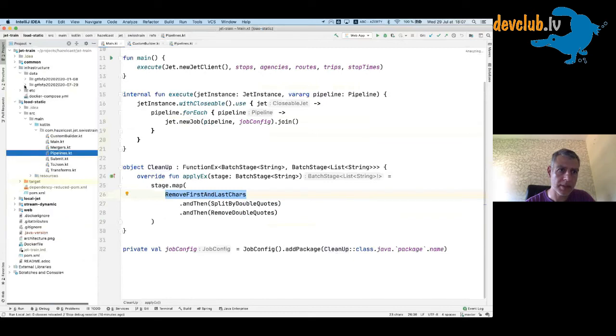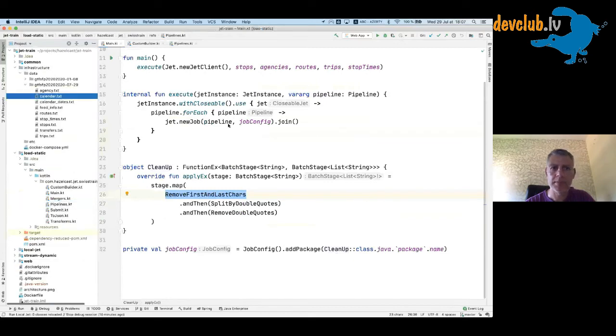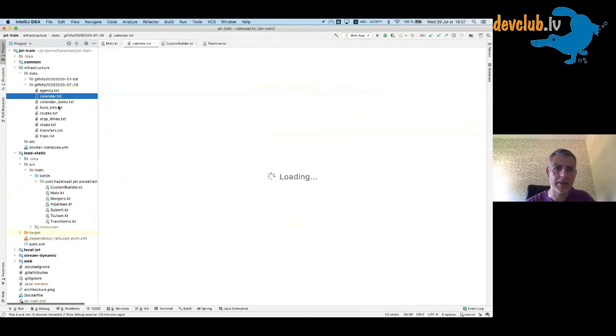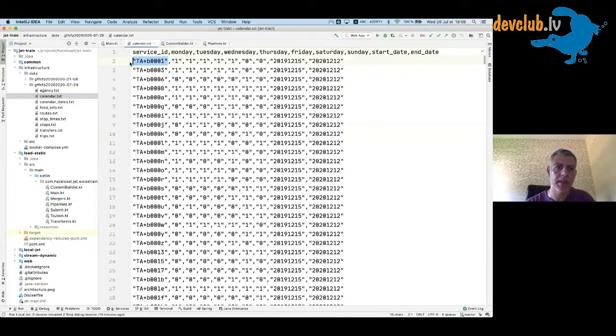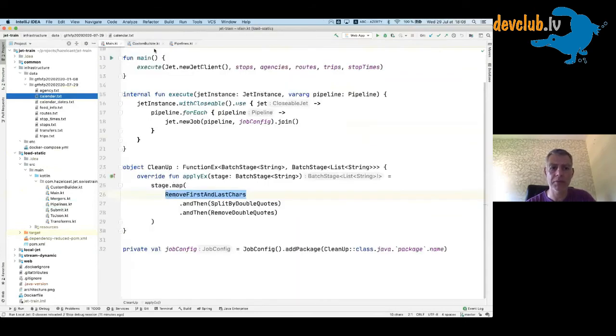This works as well, but here, this one is too big. Here, for example, I want to read it as one, not as string one. So I want to remove double quotes every time. This is the kind of transform that I want to have everywhere.